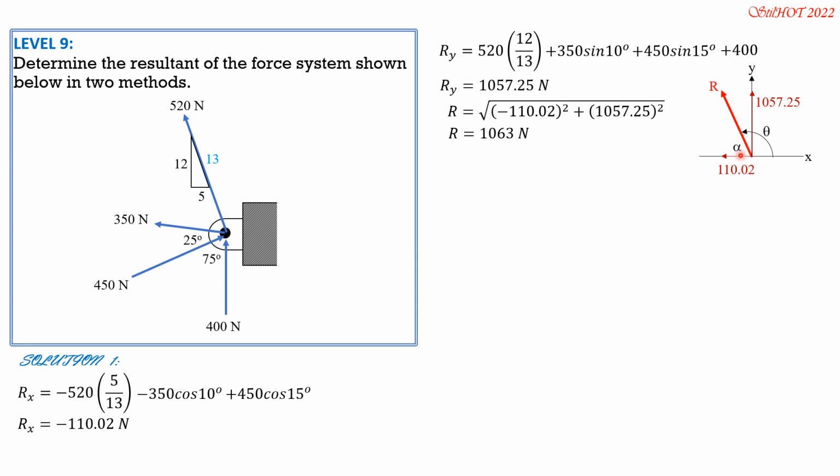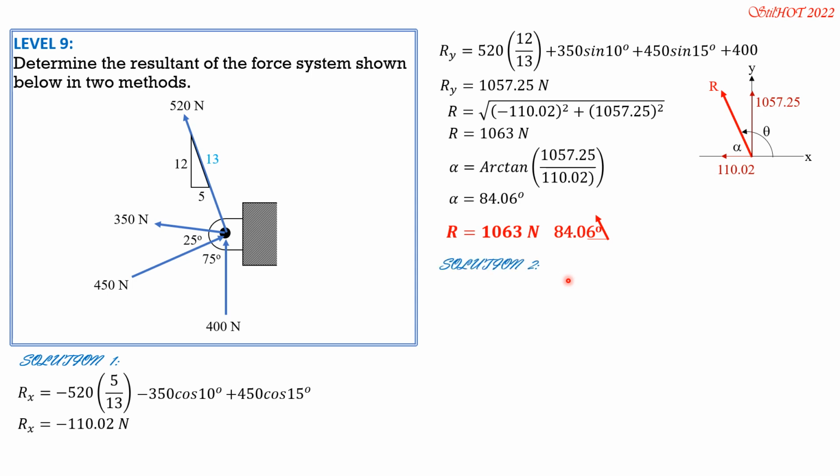This is the reference angle. So alpha is arctan of 1057.25 over 110.02, so alpha is 84.06 degrees. So one way of expressing the answer is R is 1063 newtons, and you have to specify the angle or the direction. That's it. The second solution is by standard angle, so that we will not think of the